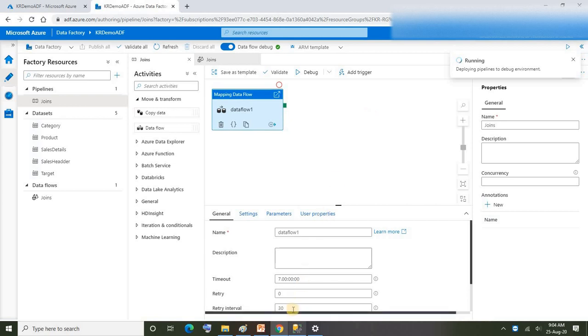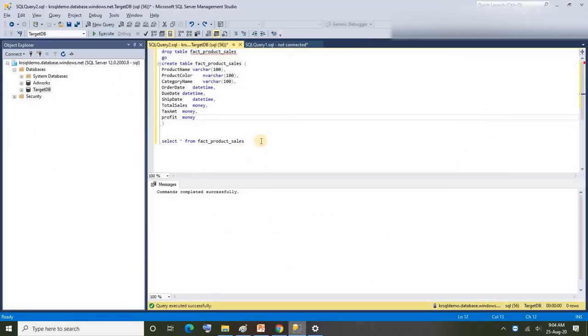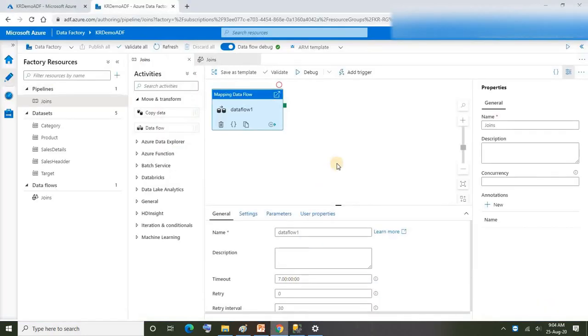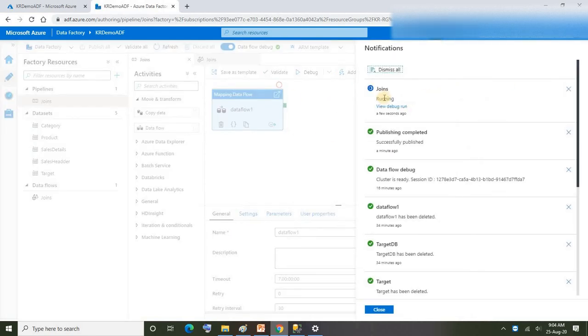Fine, it shouldn't take much time. Let's wait for that. As of now, if you observe here, we don't have data in our target table, right? Let's wait for data to be populated. I think it is in progress now. If I click on yes, it is running.